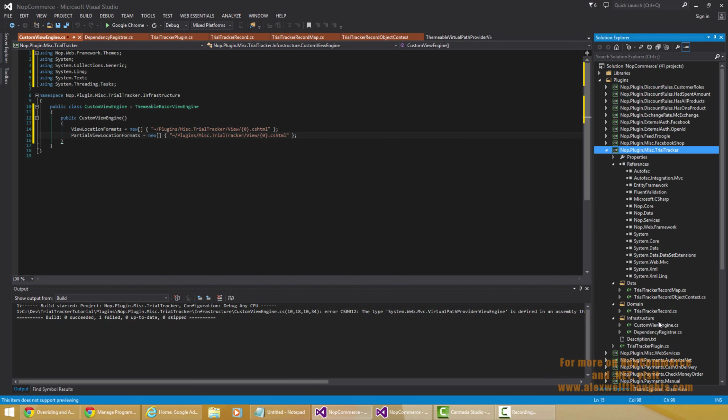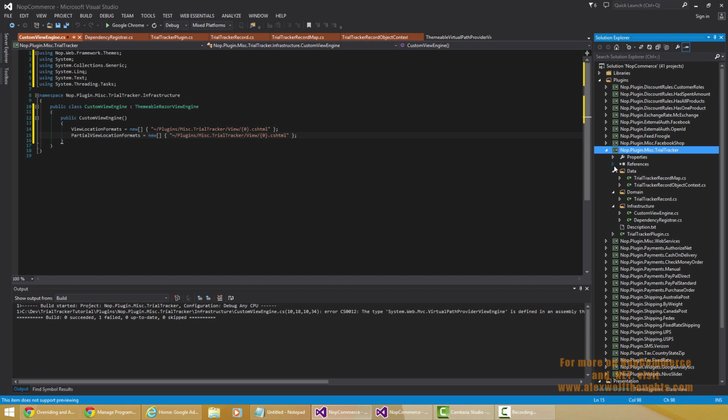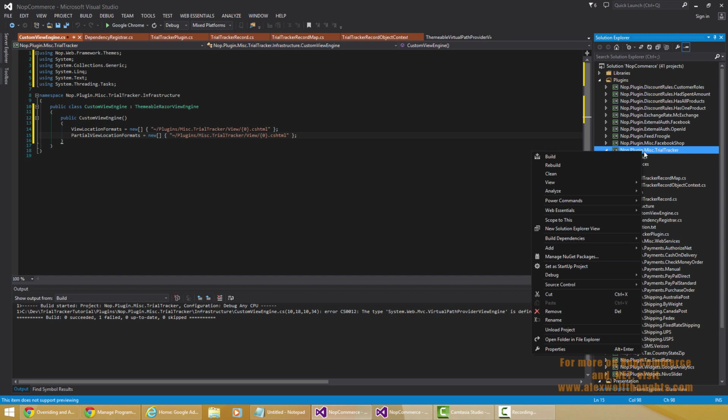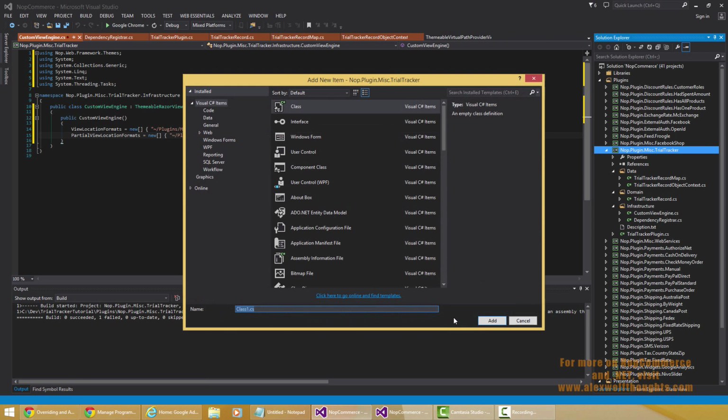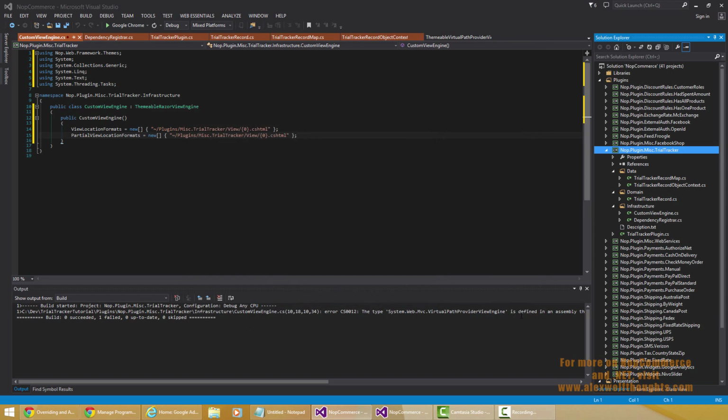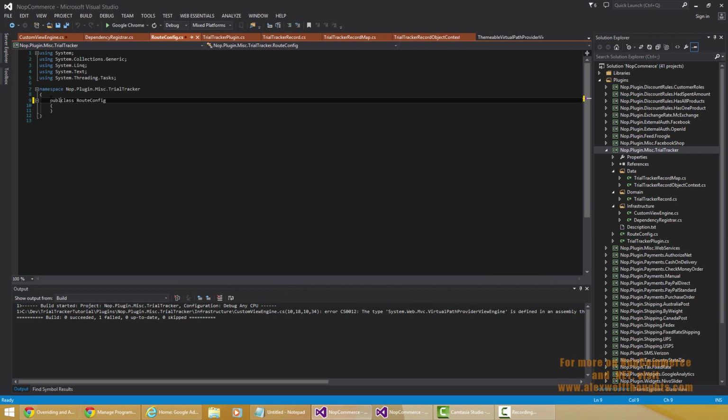But the last thing we have to do is actually register our view engine. And in order to do that, we need to create a RouteConfig file. So at the root of our project, we'll just say add new class, and we'll call it RouteConfig. Most NopCommerce plugins have this file. It just allows you to define routes like you would normally in MVC, and we'll look a little bit more at that later. I'll just say add, again make it public, and then it's going to implement